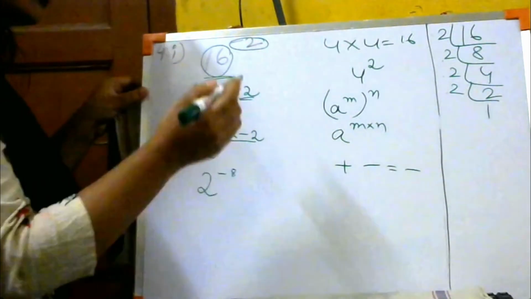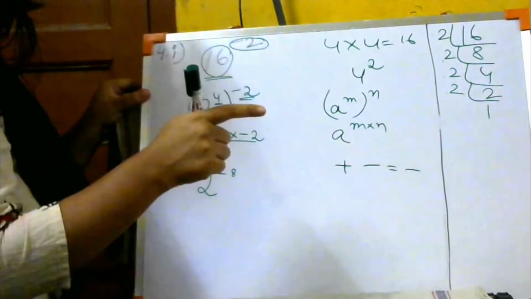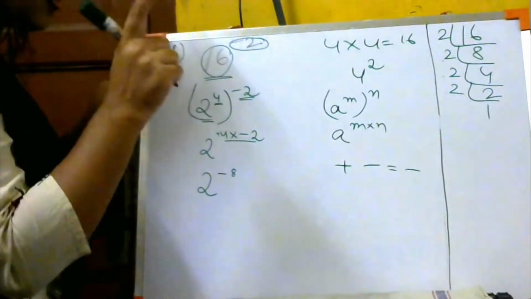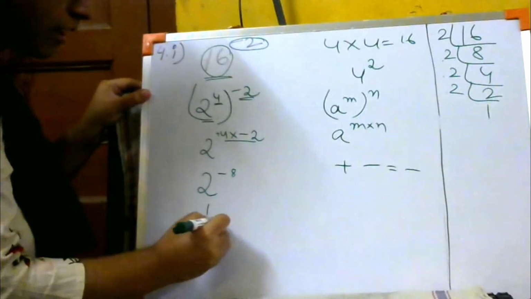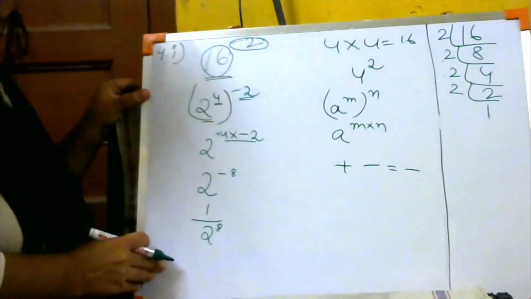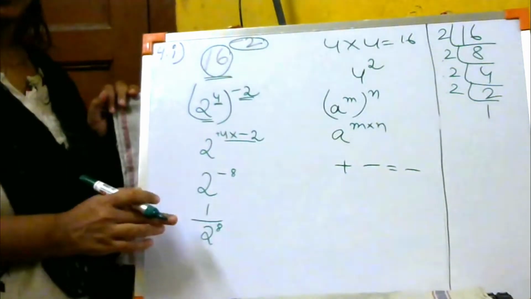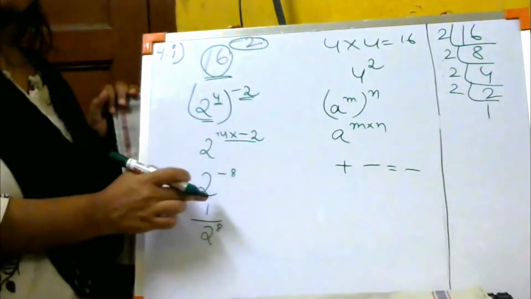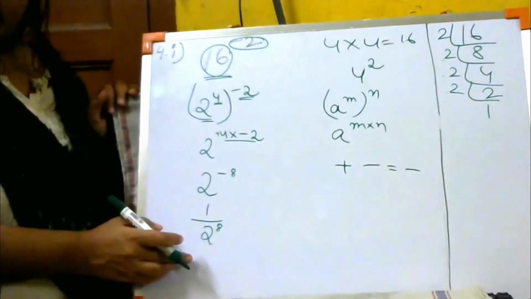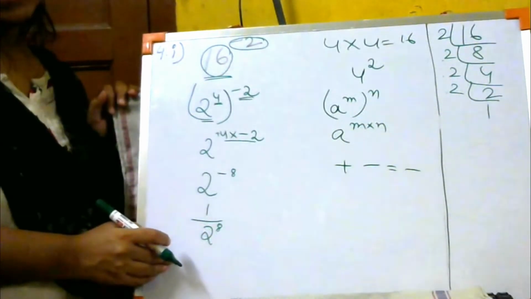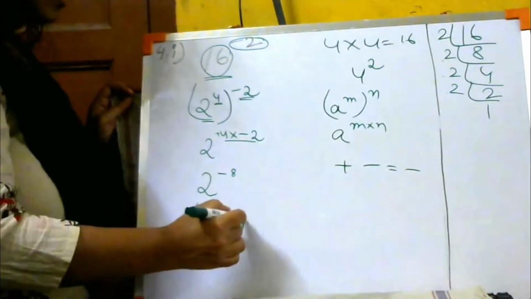So now how are we going to do it? Again, a to the power minus m equals 1 by a to the power m. Exponent law 1. That is what I am going to apply. 1 by 2 to the power 8. I hope you are understanding what I am doing over here. What am I doing? 2 to the power minus 8, I am changing it into a positive power. So 1 by 2 to the power of 8. Clear? This is your answer.